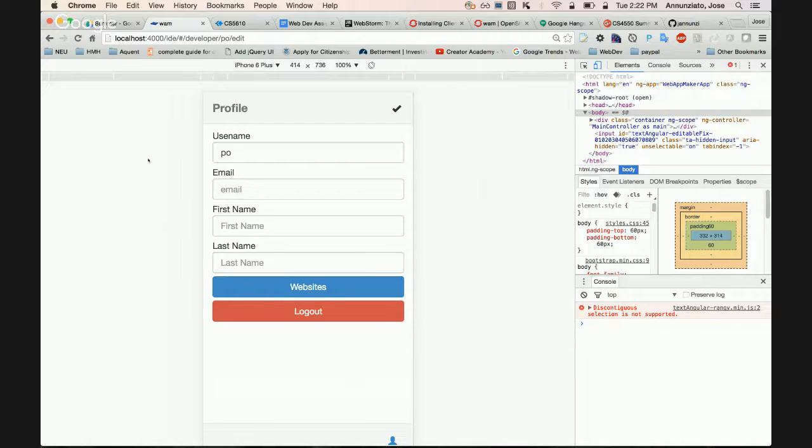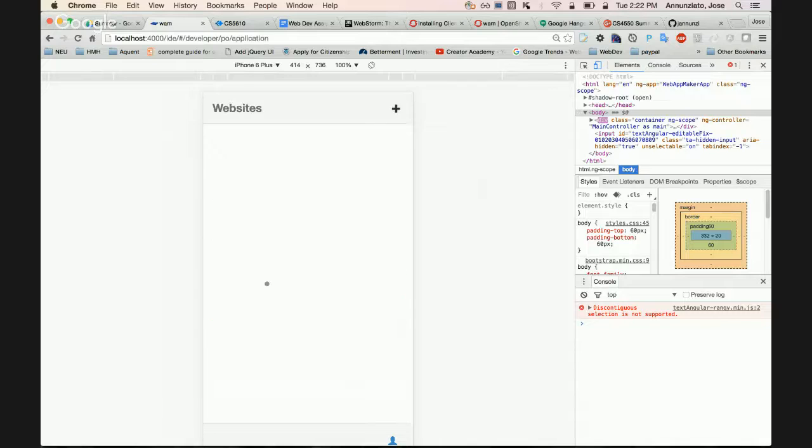I can create many websites. So if I go to the websites, it goes to a blank page, which right now is blank because I don't have any websites just yet, right? But I can have many websites. So you'll hear me say often that I want to learn how to create these kinds of relationships, where you have one user related to many different entities. So you might say that you have a user who has many websites in this case.